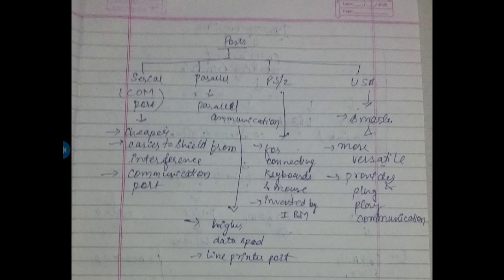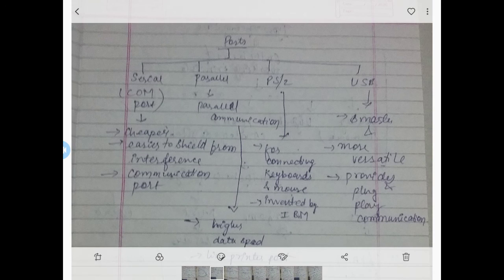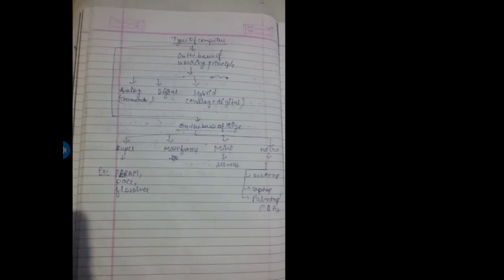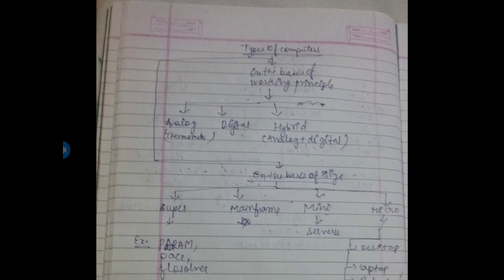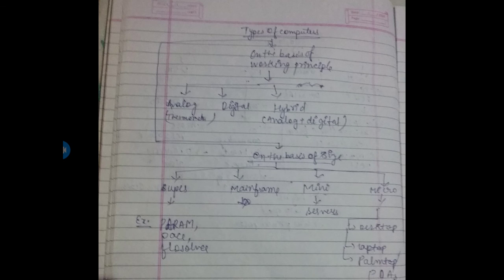After that, software is of three types: system software, application software, utility software. System software is of two types: operating system and language translators. Language translators are of three types: compiler, assembler, interpreter. Application software is of two types: customized application software and general purpose application software. And FAT is the file allocation table. Operating systems, on the basis of processing capability, are of multiple types: single user, multi-user, multi-processing, real-time, time sharing, distributed.